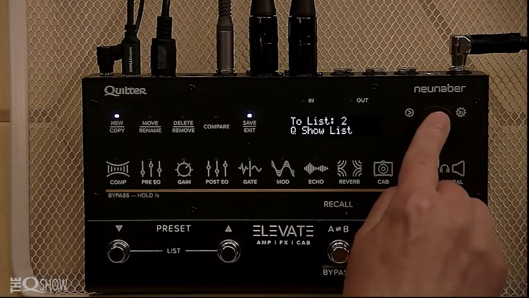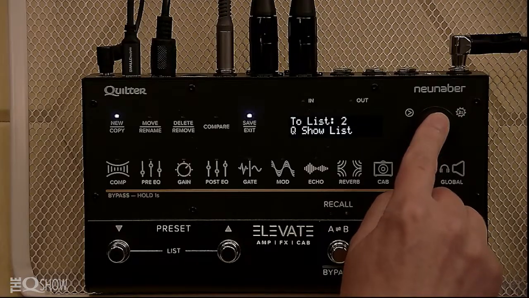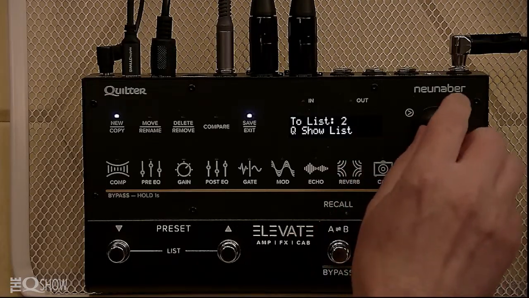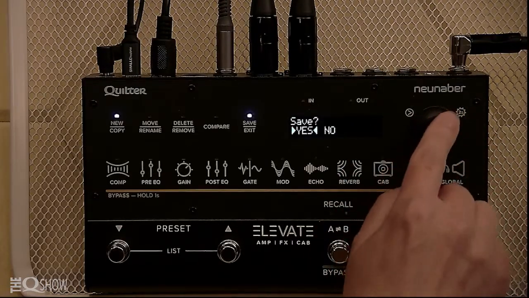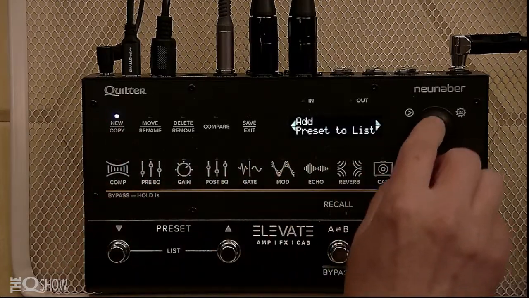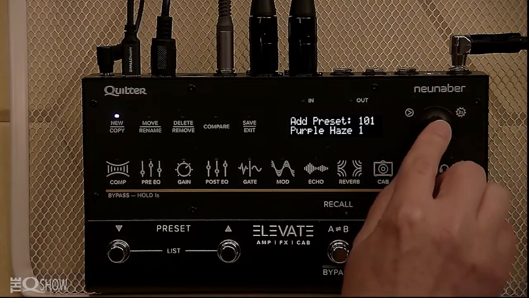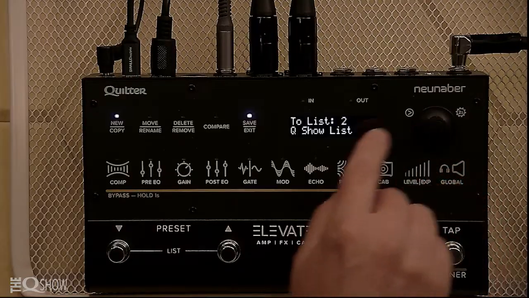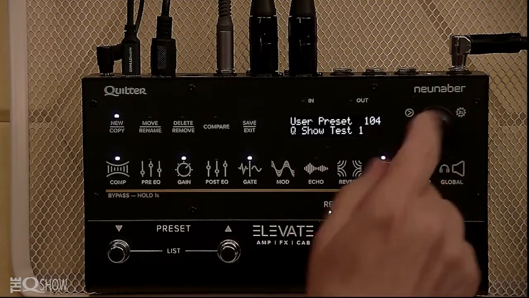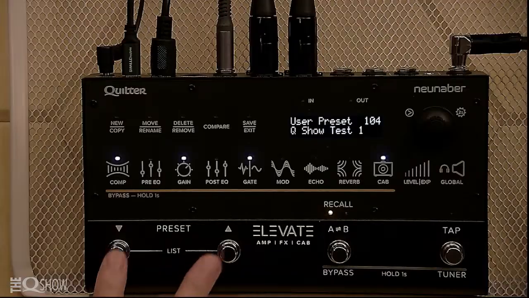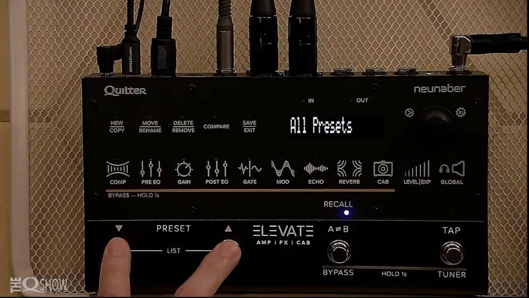This is the copy of that QShow preset. What was it? QShow preset 1 to QShow list. Save, yes. Add preset to list. Let's add the Purple Haze 1 to QShow list. Save, yes. Okay. So now you can select the switch to list: I press both preset foot switches